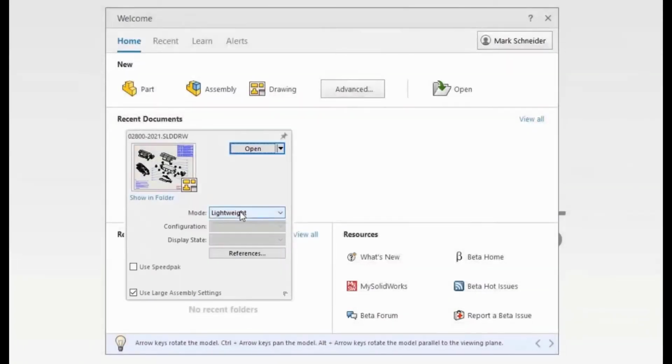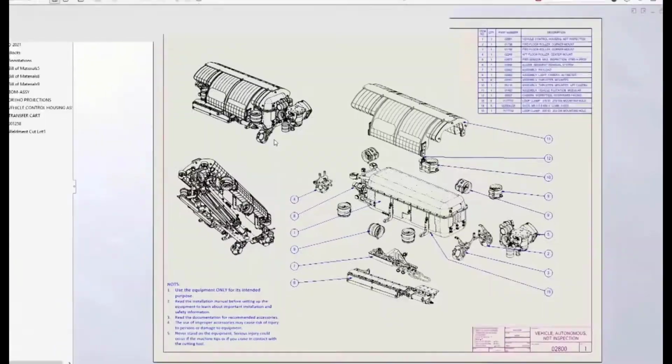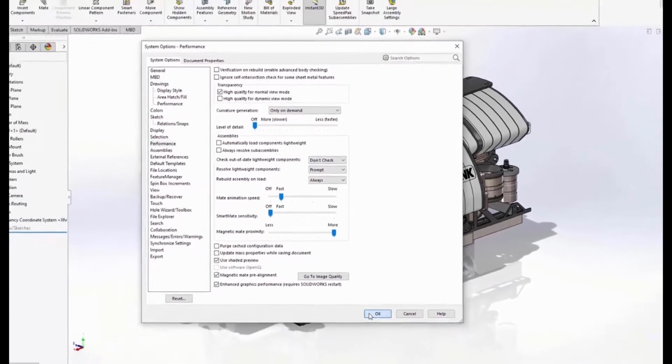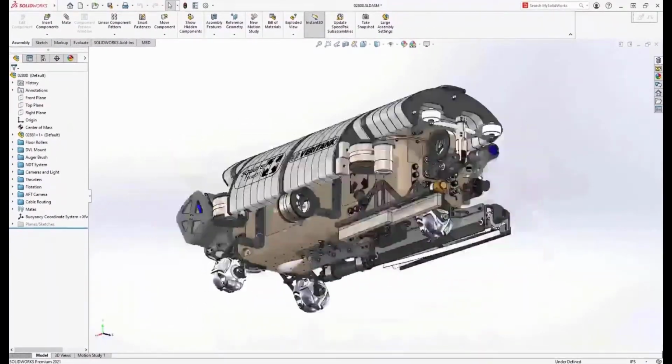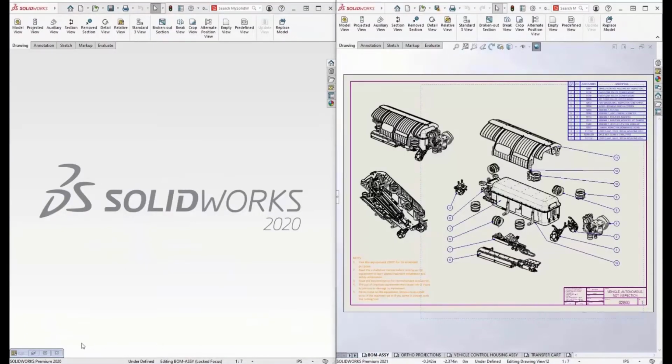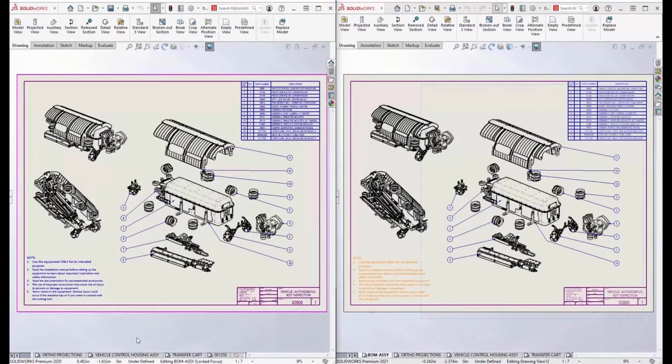If you remember back to a couple years ago, SOLIDWORKS added enhanced graphics performance for assemblies that let us take large assemblies and work with them really well. They're transferring that down into drawings. So I want to show you a side-by-side comparison here of SOLIDWORKS 2020 on the left versus SOLIDWORKS 2021 on the right. What we've got is a 2400 component assembly, and we've got a drawing of that assembly